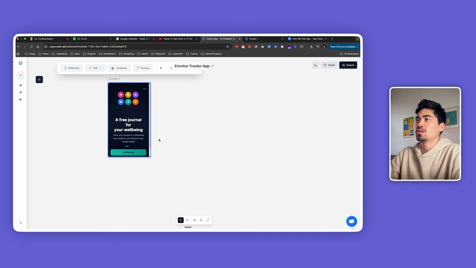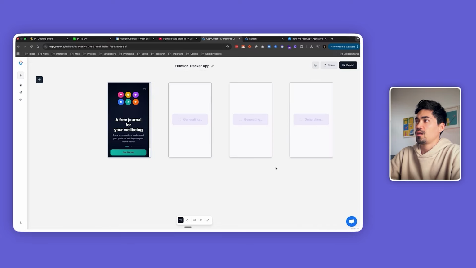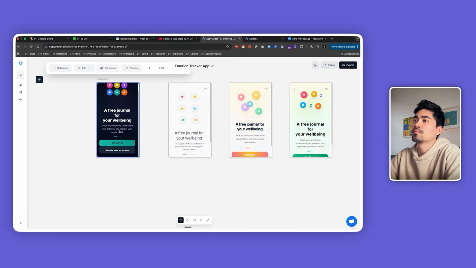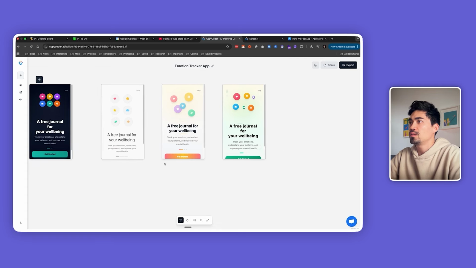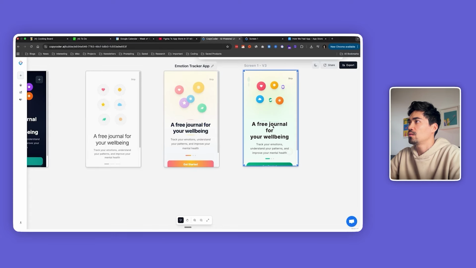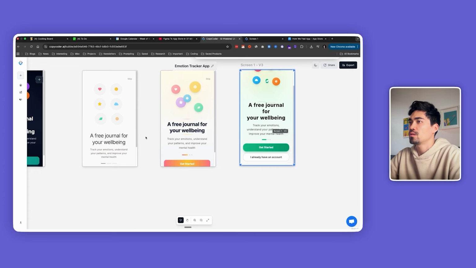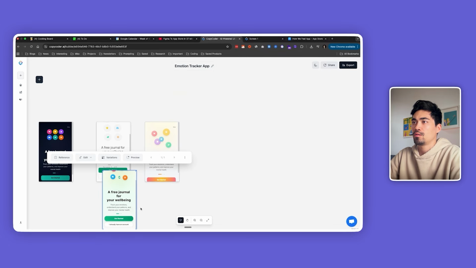What I'll do now additionally is, because we have this variations feature, I'll just try out a couple of different style variations just to see if there's something that I like better. Okay, nice. These are actually really nice. I do like this one. Looks very clean. Yeah, let's go with this one,